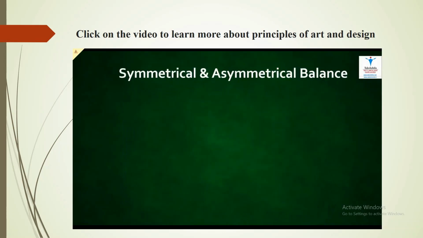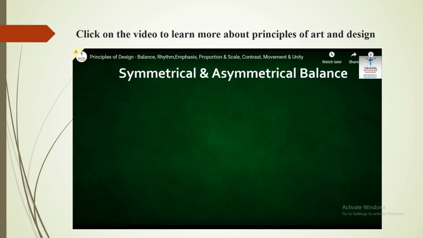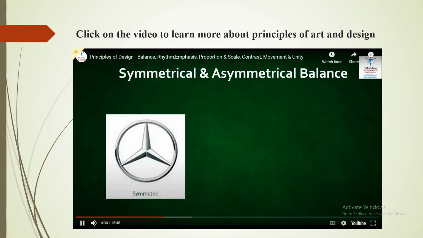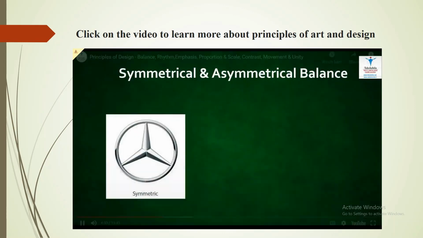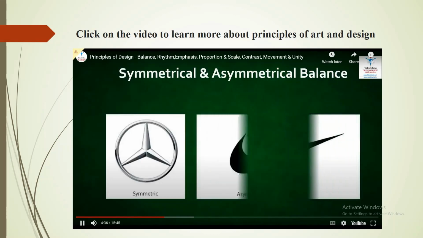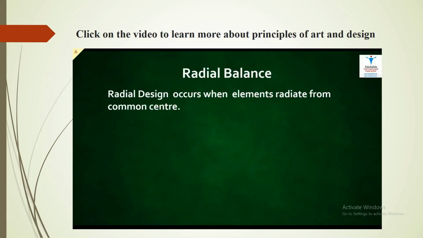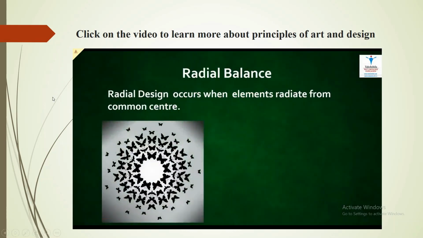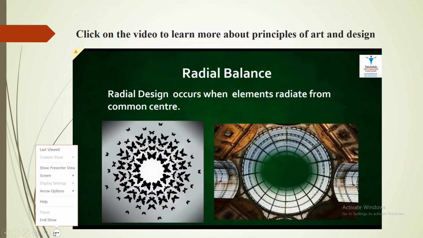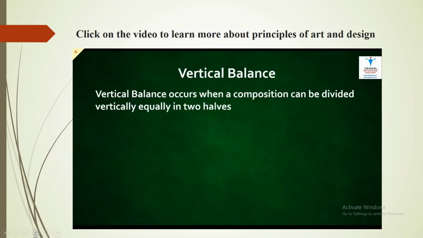Both symmetrical and asymmetrical balance are used in the designing field. The Mercedes symbol is designed on the basis of symmetric balance, whereas the Nike symbol is designed on the basis of asymmetrical balance. Radial balance occurs when elements radiate from a common center. This kind of balance creates a very strong focal point and naturally the viewer's eyes are drawn inward to the center. Vertical balance occurs when we can divide the